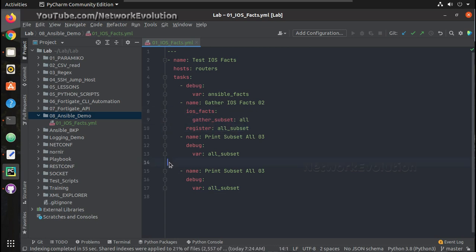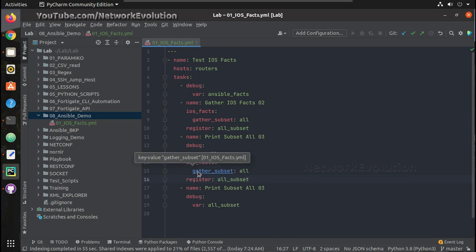We'll optimize all this playbook later. So here instead of all I'll give hardware. I'll call this hardware and I'll try printing the hardware.